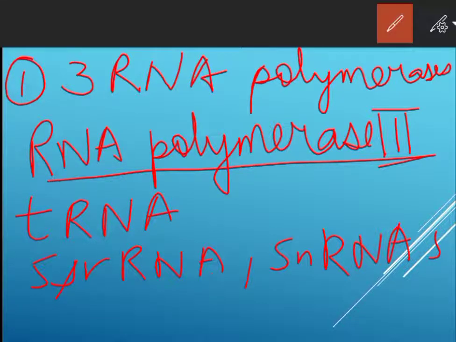Then the primary transcript which is produced contains both exons and introns and is non-functional.